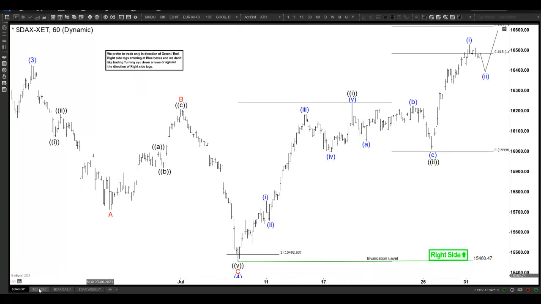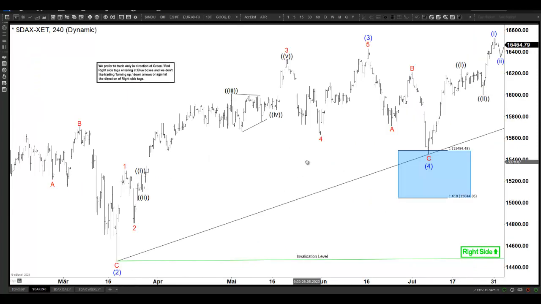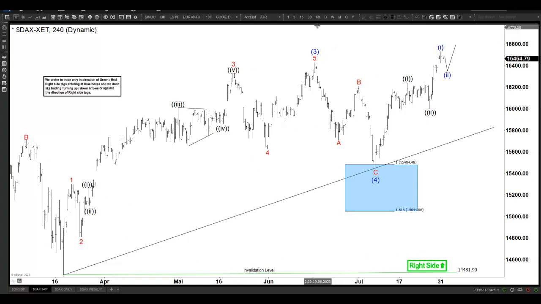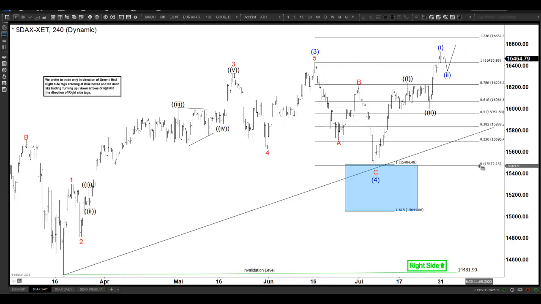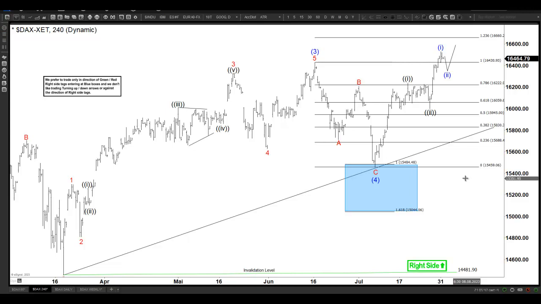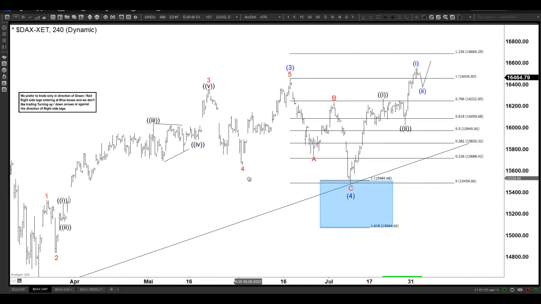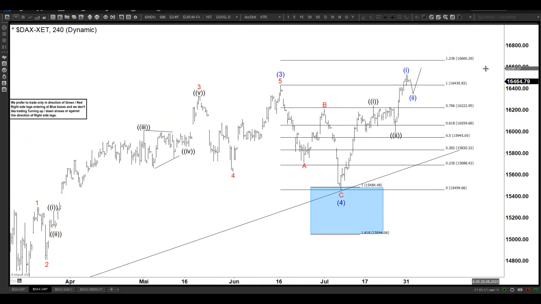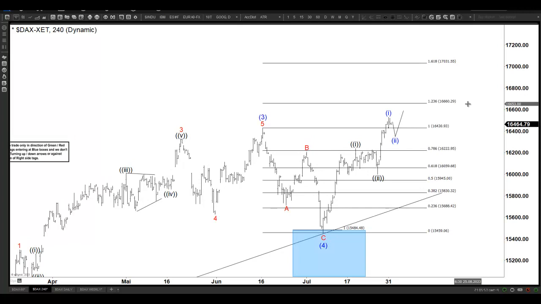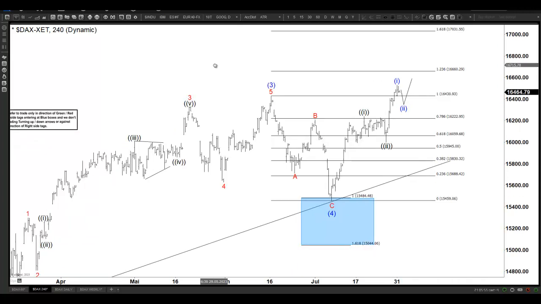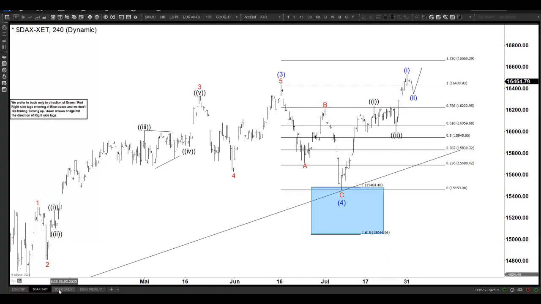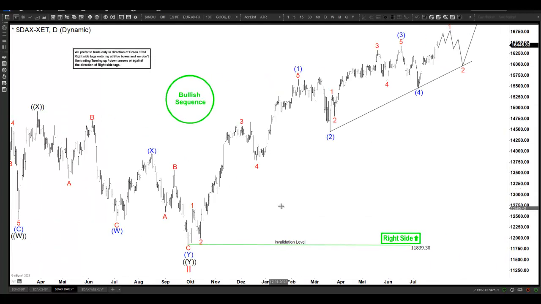Now let's see what is happening in the 4-hour chart. In 4-hour, we're showing here wave 4 done, reaction higher from this blue box area has perfectly provided the next rally, and now using wave 4 as a length, the minimum target is towards 16,660, 17,031. Now when we look at the larger perspective in daily, we see here 1, 2, 3, 4, and wave